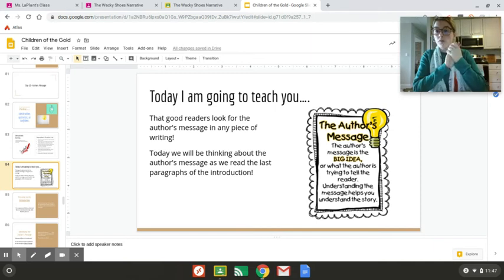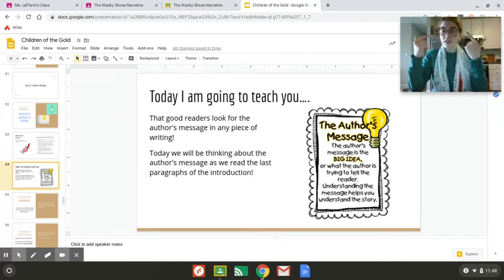And I know in my class we've talked about author's message, and I'm sure in Miss Posk's class and Miss Sosa's class, you guys have talked about the author's message too. But if you forget, right here, this is what's going to tell us what the author's message is. It's the big idea, okay? It's what the author wants you to take away from your reading. And understanding the message helps you understand the story. Because if you know what's supposed to be important in the text, as you're reading, you can keep that in mind. So it's the big idea of the text.